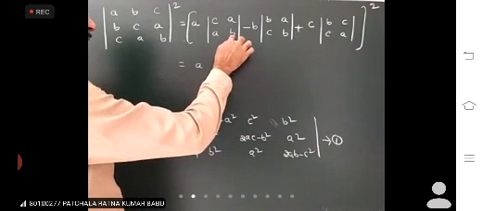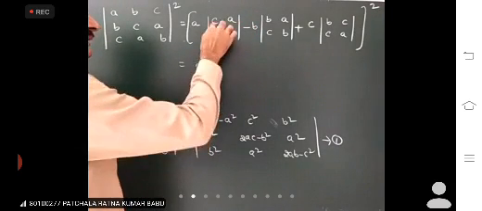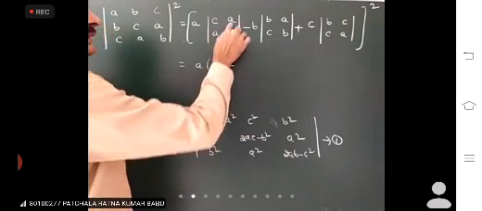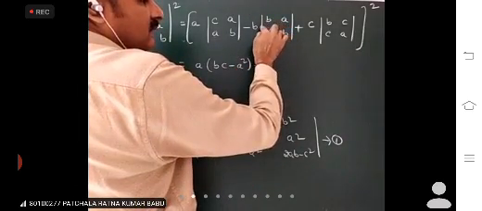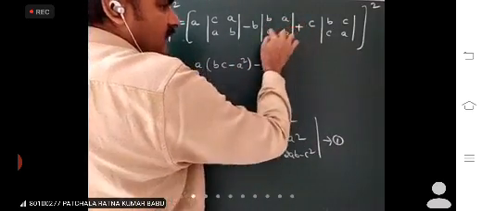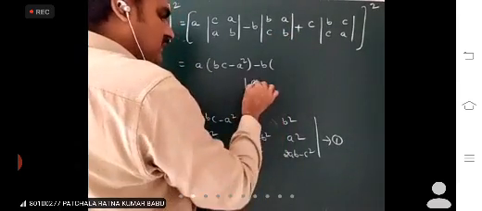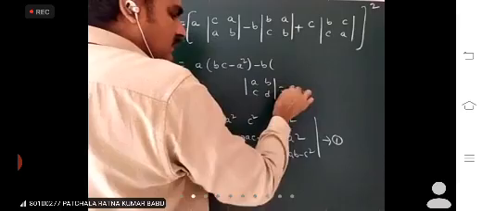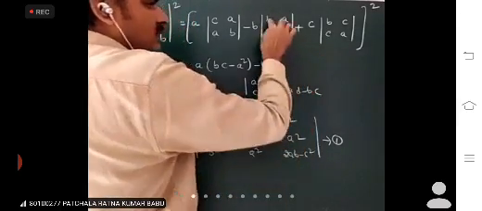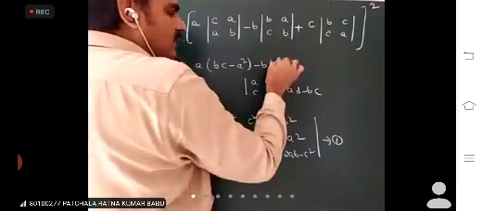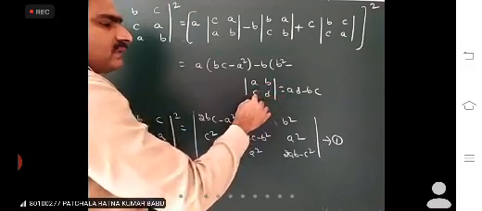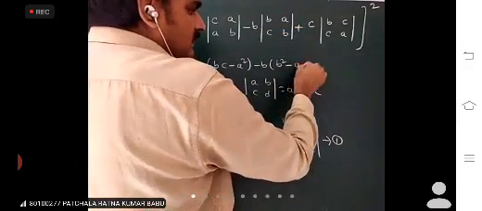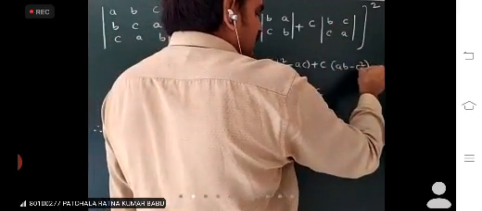We get AD minus BC. AD means C into B, BC minus BC means A into A square. Next, minus B into, this is also in the form determinant of A, B, C, D. We know that determinant of A, B, C, D is equal to AD minus BC. AD means product of principal diagonal elements. That means B into B, B square minus product of second diagonal elements. That means B into C, BC. Here, A into C, AC. Plus C into, B into A, AB minus C into C, C square.